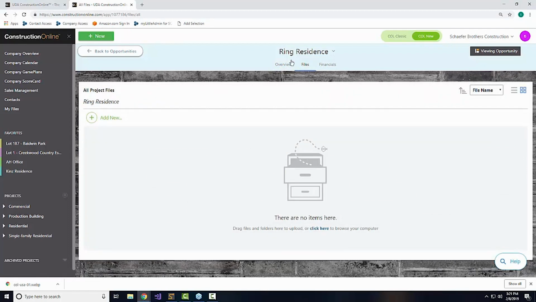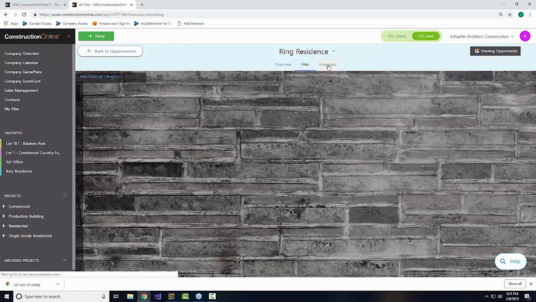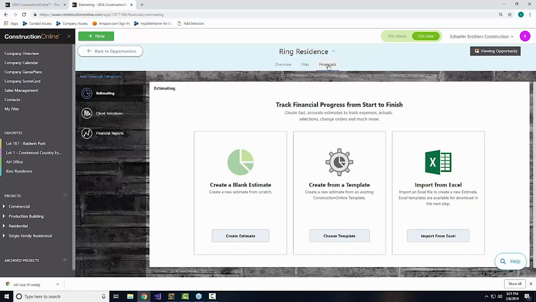For the Ring residents, as an example, Stephen is interested in us just coming in and doing a whole home remodel. So this is where we might add the floor plans from his original home before we start to make any adjustments or design changes or anything like that. Now, of course, the important section for us today would be the Financials tab, where we would come into and